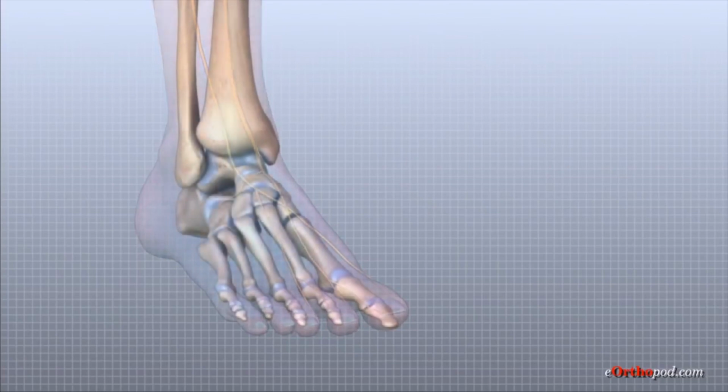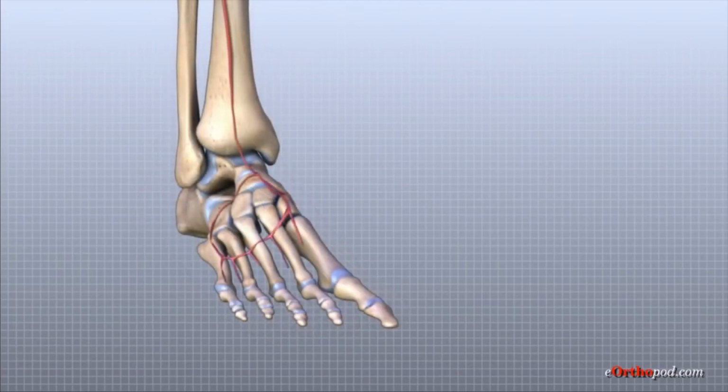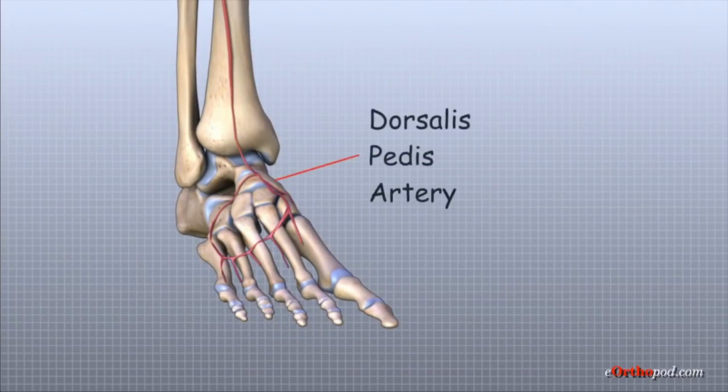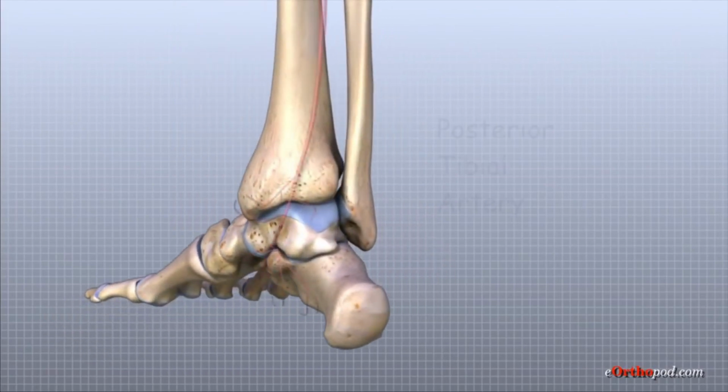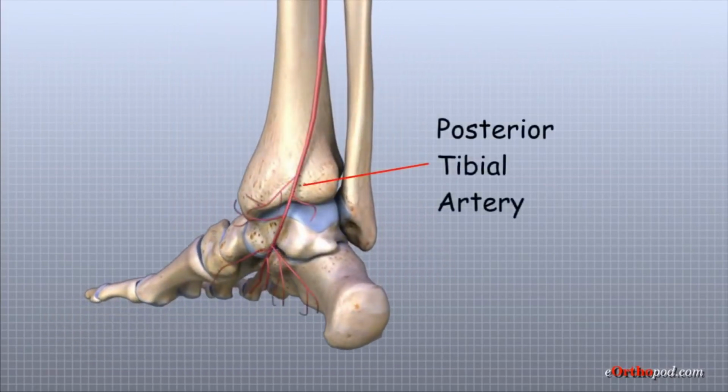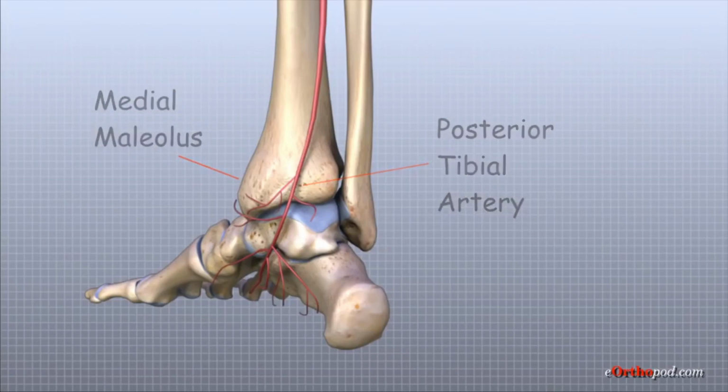The ankle gets blood supply from nearby arteries that pass by the ankle on their way to the foot. There are two main arteries that cross the ankle. The dorsalis pedis artery runs in front of the ankle to the top of the foot. You can feel the pulse where this artery runs in the middle of the top of the foot. Another large artery, called the posterior tibial artery, runs behind the medial malleolus. It sends smaller blood vessels to the inside edge of the ankle joint. You can feel the pulse where this artery runs behind the medial malleolus.